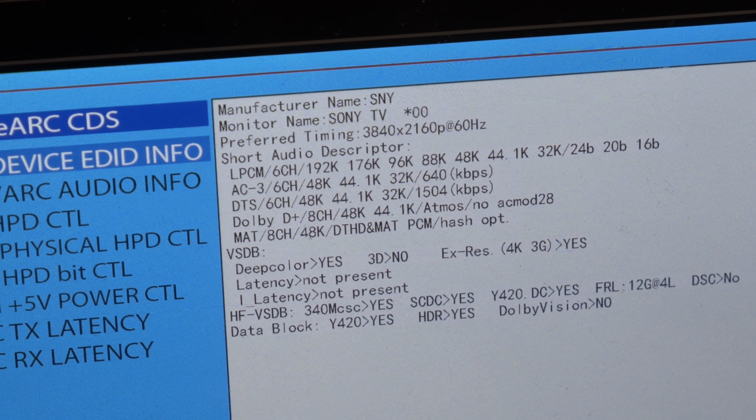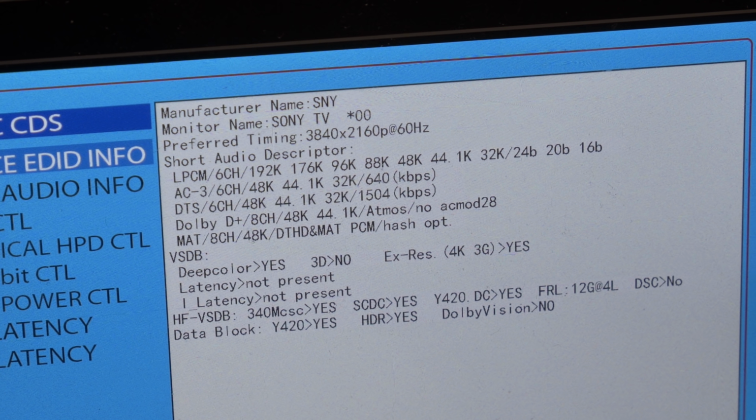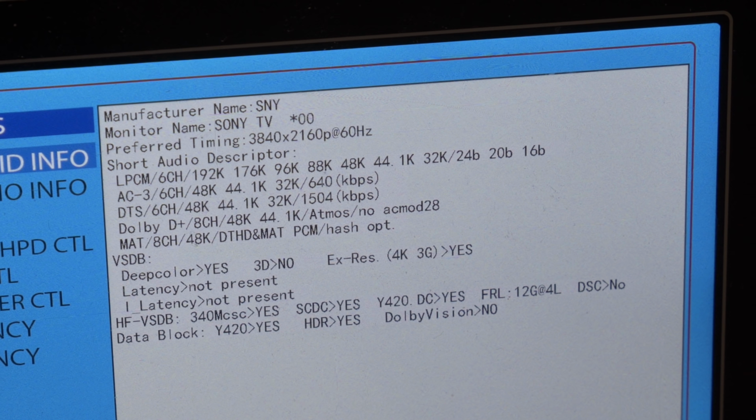A few days ago, I published a video testing the HDMI 2.1 firmware update for the Sony XH90 or BRAVIA X900H in the USA. And in the video, I mentioned that based on the EDID data, 4K 120Hz is mutually exclusive to Dolby Vision on the Sony XH90. What this means is that if you wanted to play a game in 4K at 120Hz, you can't play the game in Dolby Vision. And if you want to play a game in Dolby Vision, you can't play it at